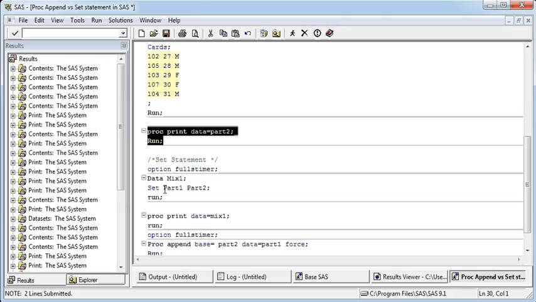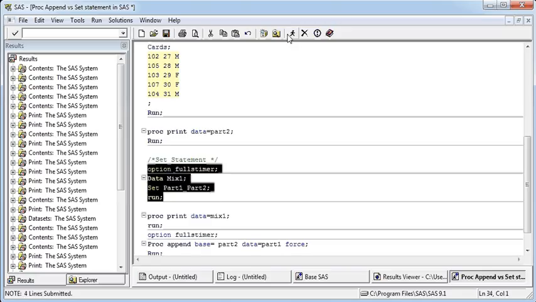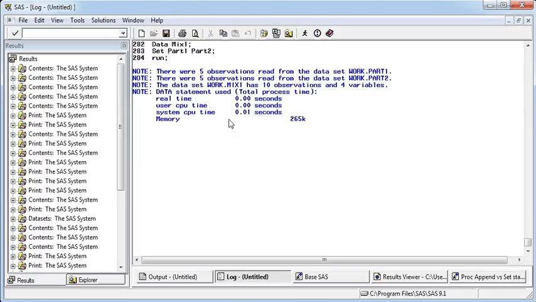There is a difference between set and merge. Set would be like, if you have a total of 20 records in two data sets, there would be 20 records, compared to the merge, which is a different logic. So if you see that I have run this, you can see there were 5 observations from part 1 and 5 from part 2, and